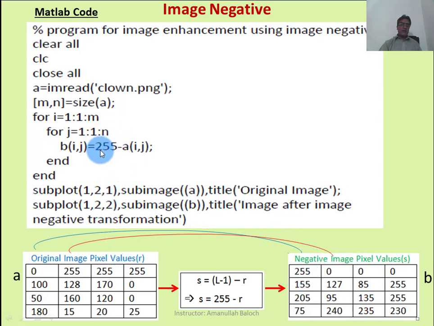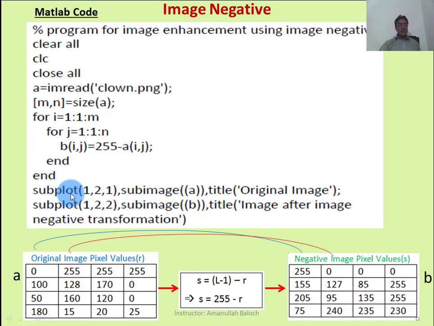So when we subtract this 0 value of A image from 255, the result will become 255 and it will be stored in the first pixel location of B image. You may see it here. This is the first pixel value of a negative image and it is 255. This is the second image I have discussed in detail. Using these two loops we converted. This is the end of the first inner for loop and this is the end of the outer for loop.